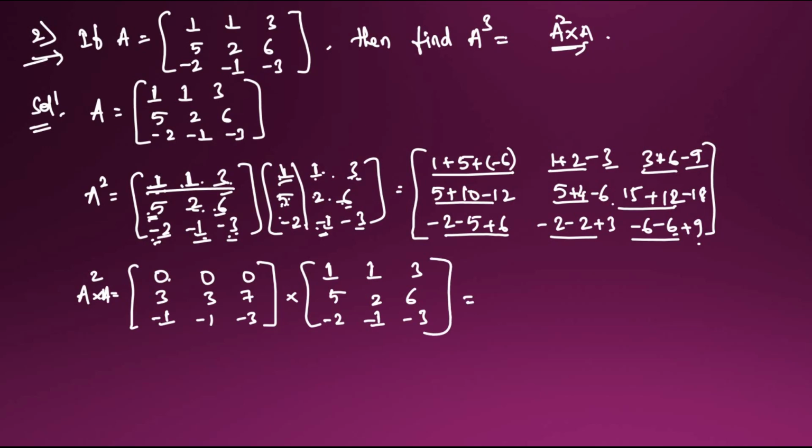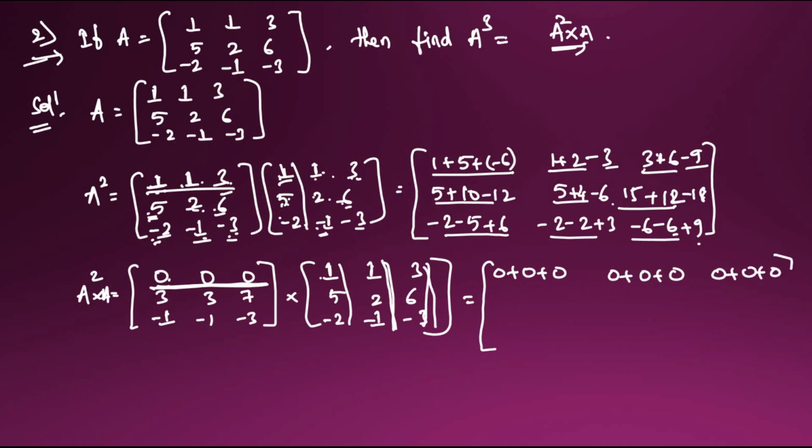If we do this one, it will become a big process. Okay, so this into this one, this one and this one. So 0 into something, 0 plus 0 plus 0 will come here, and again 0 plus 0 plus 0 will come. So with this we multiply with this column, so it will come. So again this row into this column is actually 0 plus 0 plus 0 only. Again we use this row with these 3 columns.